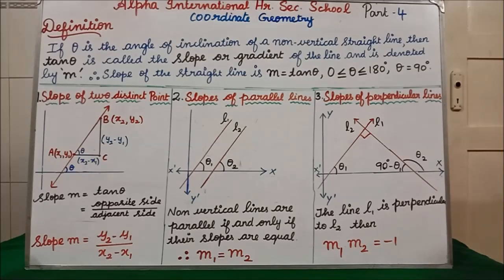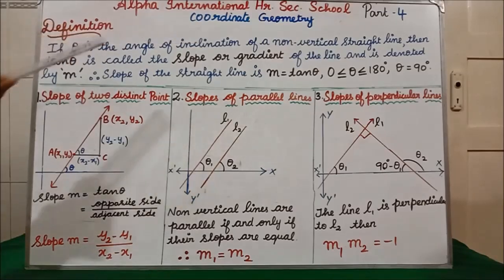Slope or gradient. So we can say slope, another way is gradient. In your exam and test they will ask you to find the gradient, which means the same thing, we only have to find the slope. Clear? Tan theta is called the slope or gradient of the line and is denoted by m. Slope we are denoting by m. Therefore, the slope of the straight line is m equal to tan theta. Clear? That is the formula. Wherever they ask to find the slope of the straight line, you immediately write m is equal to tan theta.